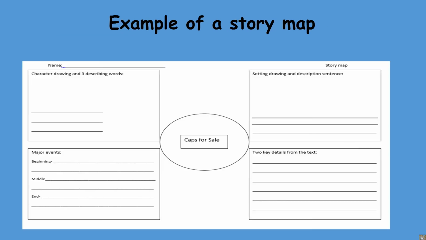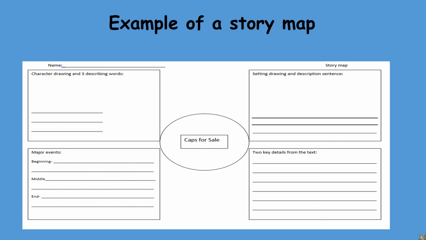Alright, so before we end today's lesson, this is an example of a story map. This is not what your story map is going to look like. This is just an example for you to go by. So as you can see in the top left corner, it says character drawing and 3 describing words. So here is where you can draw the main character of the story and 3 words that describe your character. In the top right corner, you have setting, drawing, and description sentence. So you can either write a sentence of where your setting takes place, or you can actually draw the picture of where the story takes